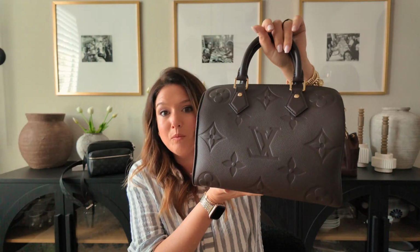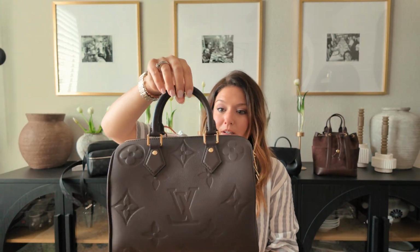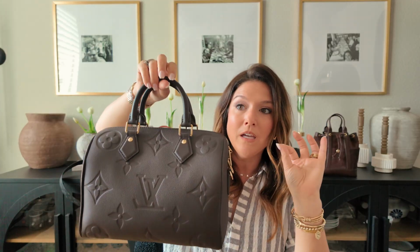It's very, very unique. And for that reason, I actually really like it because, like I said before, I have been wanting a Speedy for a long time, and I was gonna go with the traditional monogram canvas just because I feel like it's so classic and timeless, but I just never could pull the trigger. I just wanted something a little bit different, and I'm so glad that this is my first one. I don't feel the need to get any other one, honestly. I feel like it satisfies everything. Because it's dark and close to black, I feel like it really could be worn